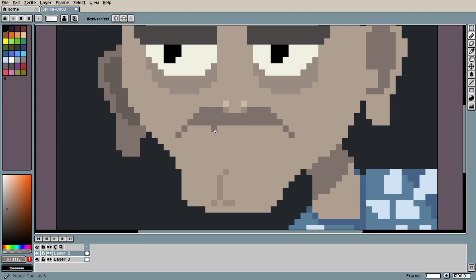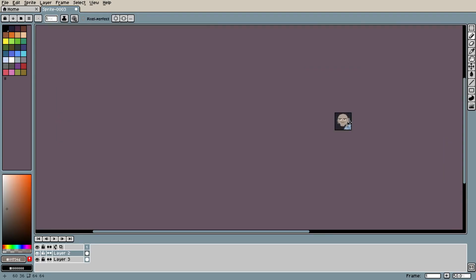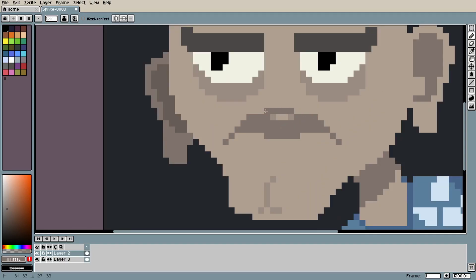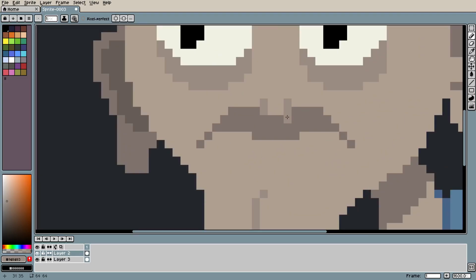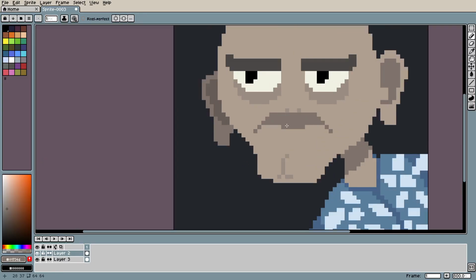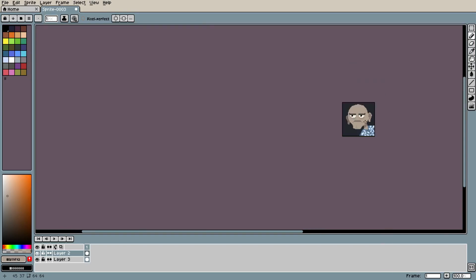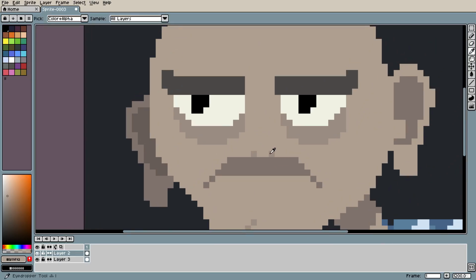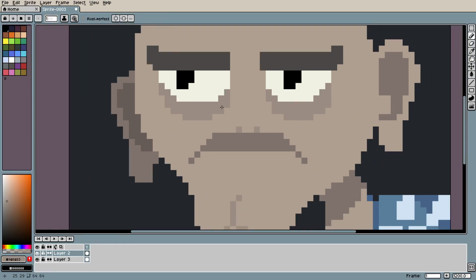That's okay. Do we do this? I think it looks kind of strange, actually. It looks like it's too bright, so maybe we just do that one. Okay, that looks fine, maybe, depending. I don't like this little piece. Okay, I like that. That's nice. That's nice. And then for his nose, I want to potentially